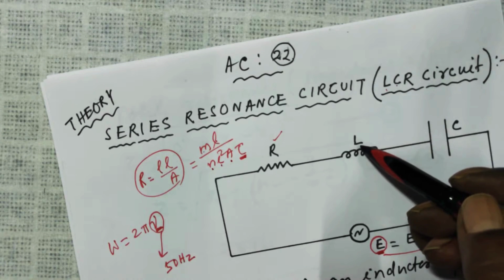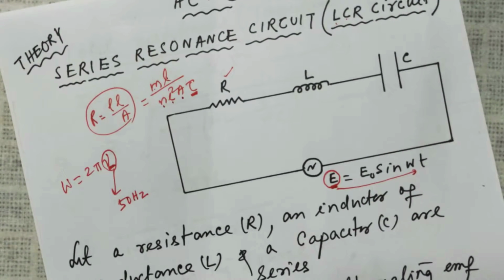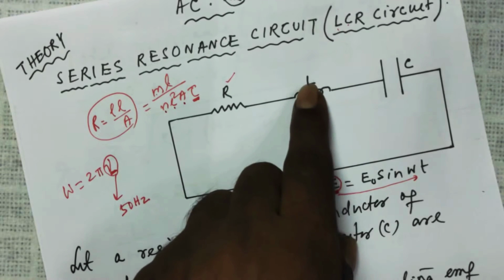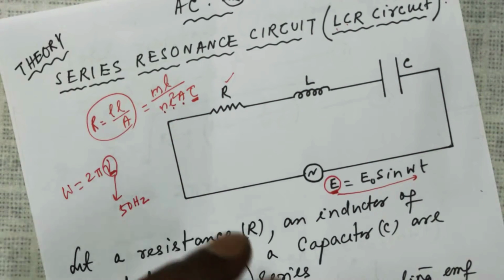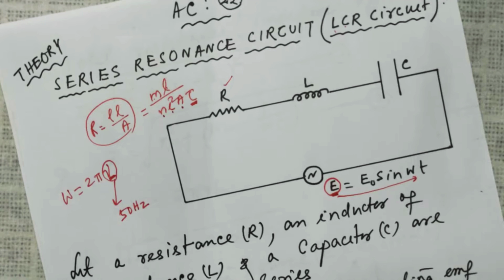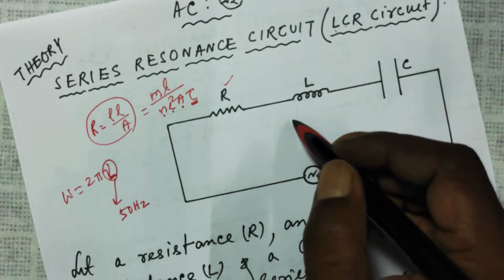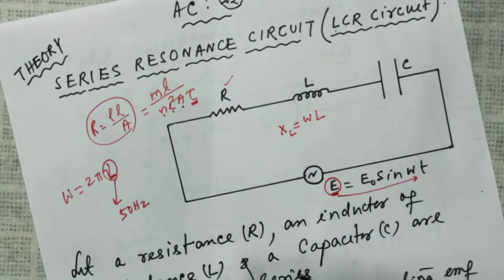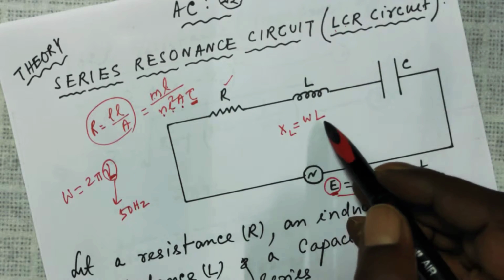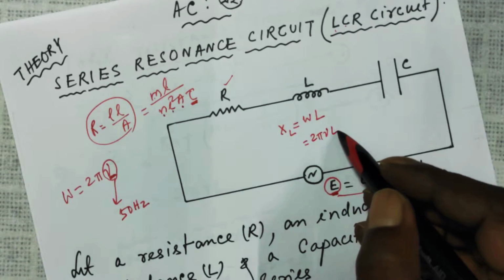And the inductor was also opposing the growth of current and the decay of current. If the current was increasing, it was opposing. If the current was decreasing, it was also opposing. And whatever amount it was opposing, it was called its reactance, that is also resistance, and that I had derived as omega L. The symbol for that was XL, inductive reactance. Look, here there is omega, and this omega is also 2 pi nu L.